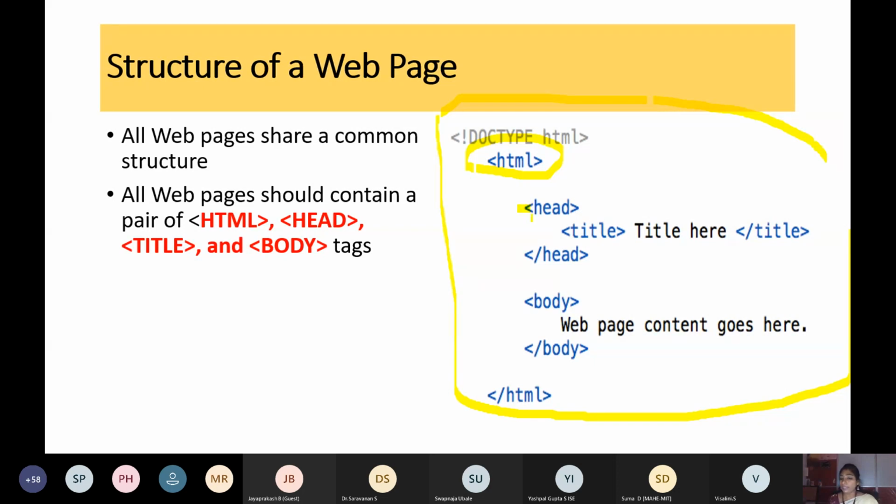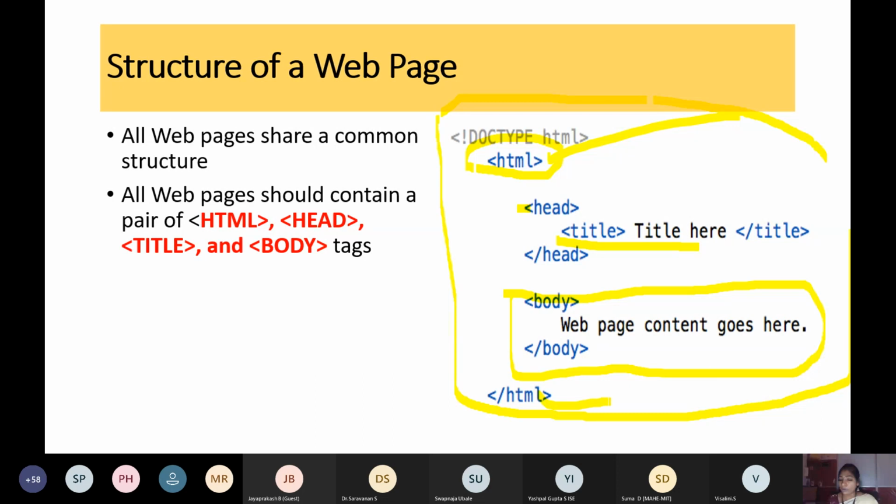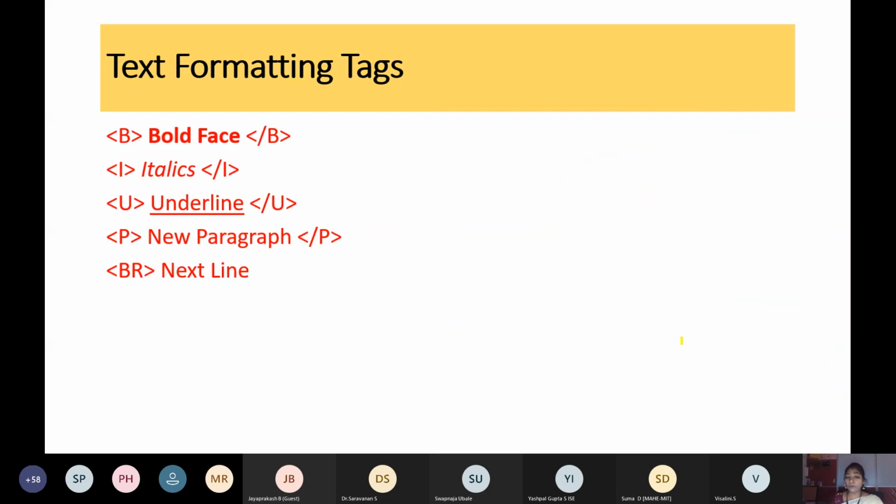So we have a head and title. This is the body. This is a complete structure of your HTML. I have the HTML open tag and close tag, and then I have a head, which indicates here I'm going to place a title, and the body is going to play a vital role in this creation because it is going to hold the content. Whatever content we like to add will be added in the body of the web page. So this is the flow.